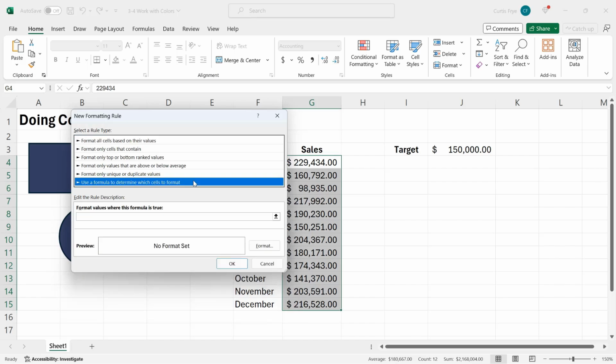and I can edit the rule description. I will start by creating my formula. So I'll click in the Format Values for which this formula is true box and type an equal sign because all formulas must start with an equal sign. And we're going to be comparing the values in the range that I selected starting with cell G4. So I'll type G4 and we want to know if the value is greater than or equal to the target